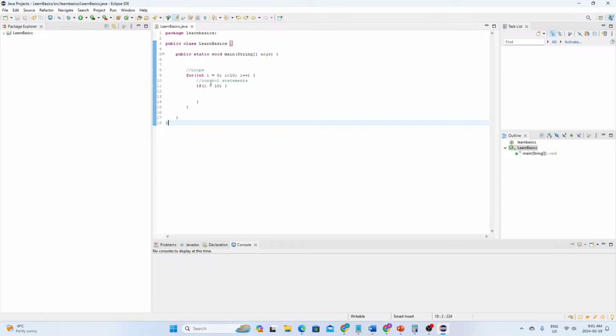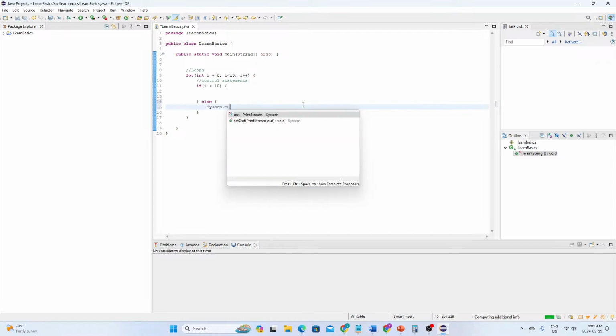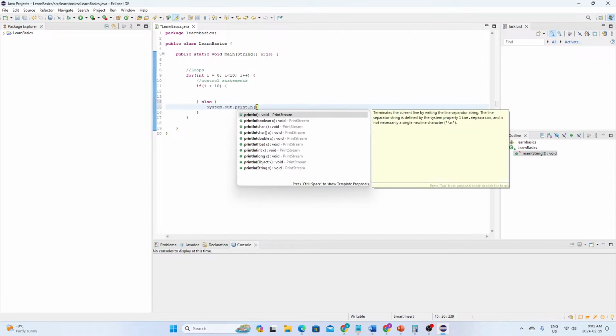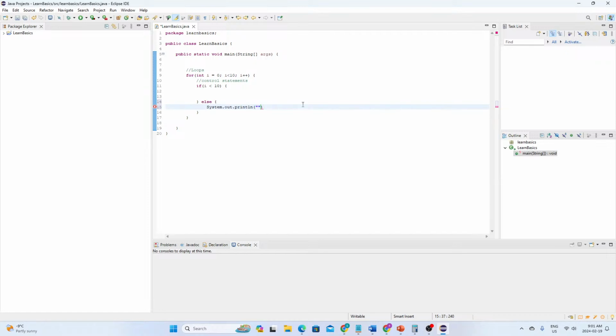All right, so we got our loop here, and then we have our control statement, and we have our variable I. So we are going to say if I is less than 10, let's see, let's put an else statement right here. And then let's do system.out.println, and we will say I is less than 10. And then here we're going to say